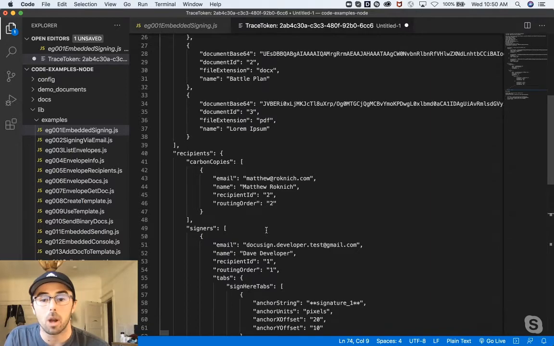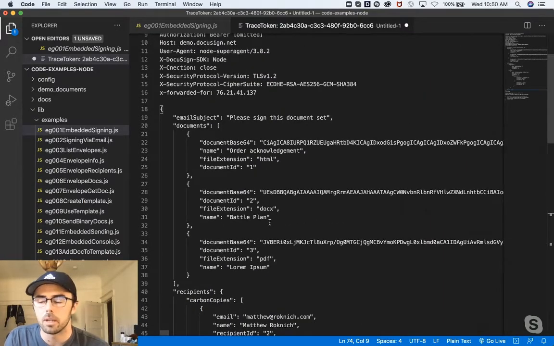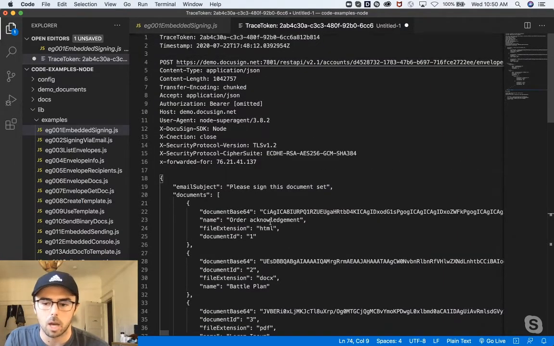And also, this is a pro tip, one thing that we use internally even to help troubleshoot developers' issues on Stack Overflow. As you're building up more complex flows, it's very possible, because of the number of different features available at DocuSign, it's very likely, in fact, that you might build a flow that we don't have a code example for. And so what I would suggest is going to your Developer Sandbox account.